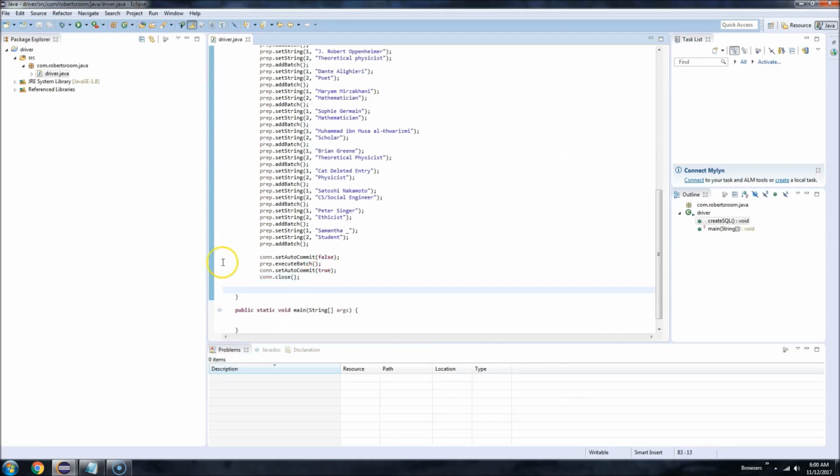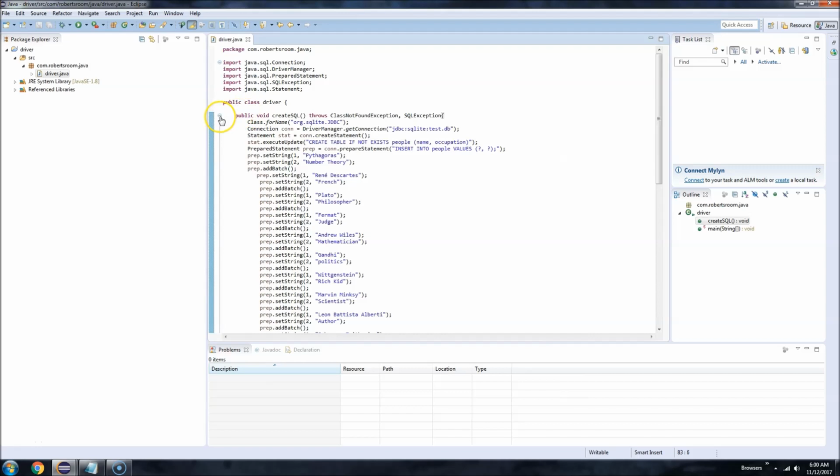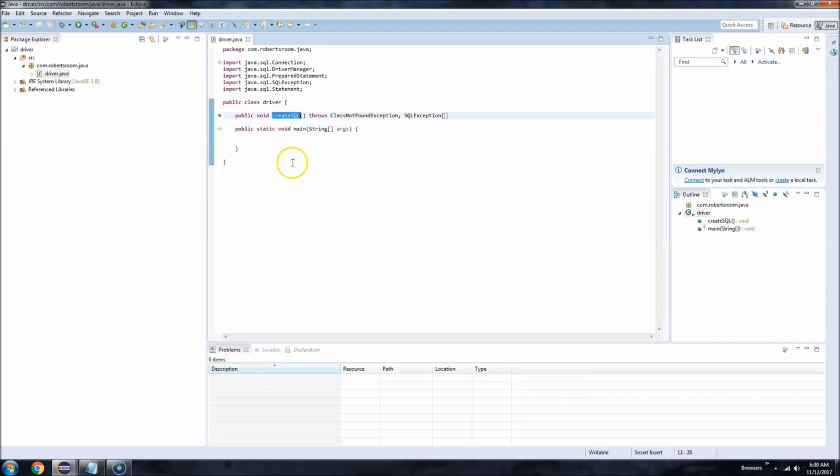And then the last thing that we did is we actually execute our batch, which is what we have added all up here with our prepared statement. And then finally we close our connection so that the next time we want to read and write from the database, we can do that. It doesn't think it's already being used. So we are done with the creating the SQL section. So we will move right along